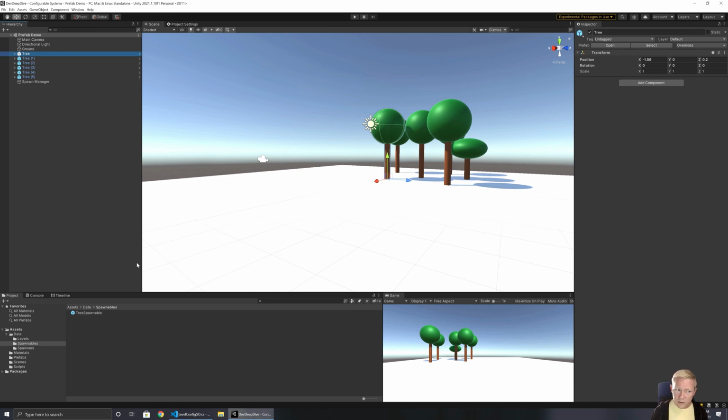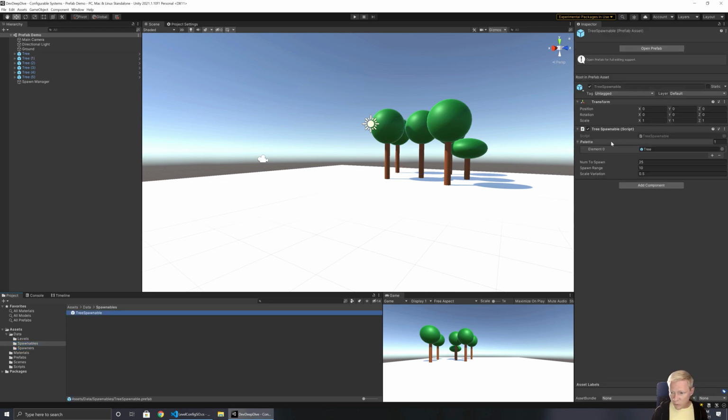But prefabs, we can also use them for being able to configure information and to configure stuff in a way that we can't always do with a scriptable object. With a scriptable object, if we wanted to attach on a lot of different things that are different classes, that gets tricky and messy a bit. But we can do that very easily with things like prefabs, where we can just be attaching a component onto them. And as we saw with the idea of our spawnables, our tree spawnable, we just attached a